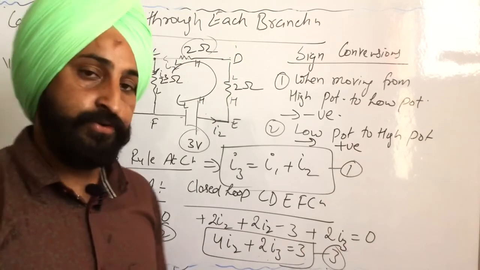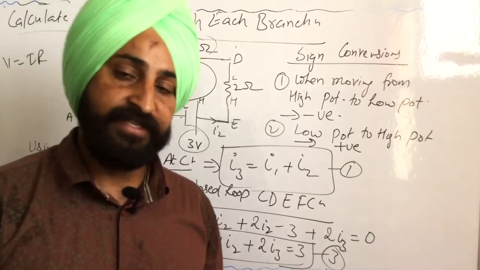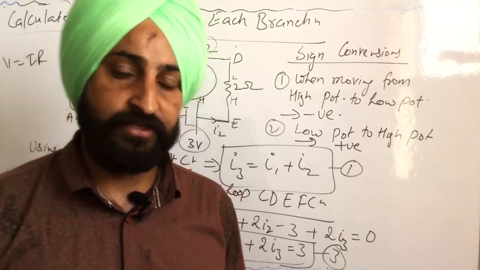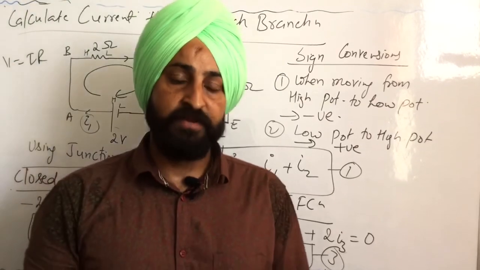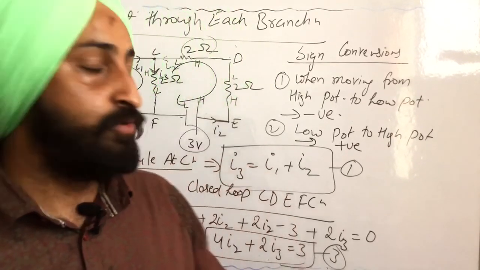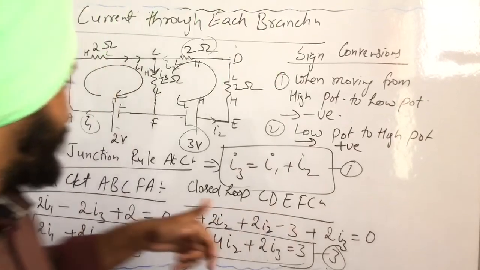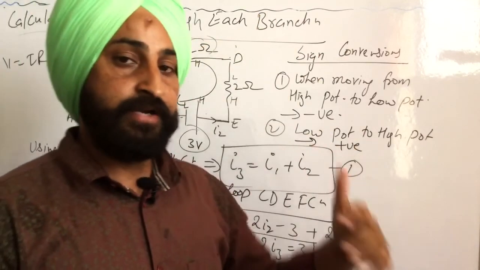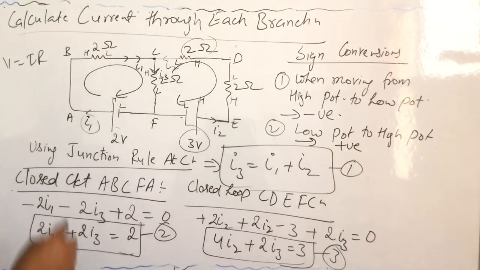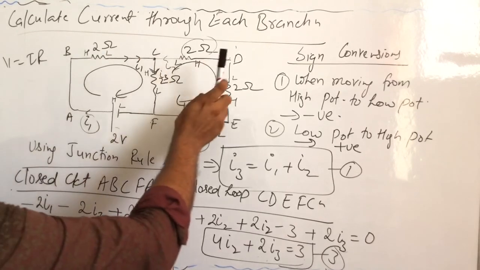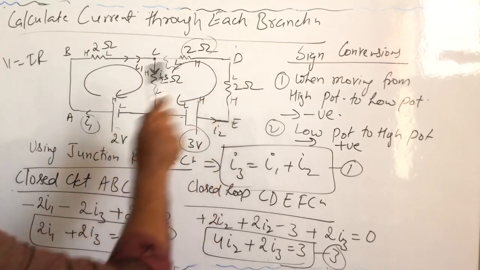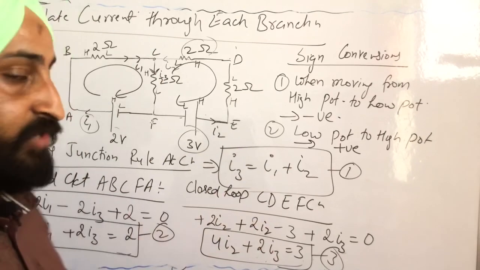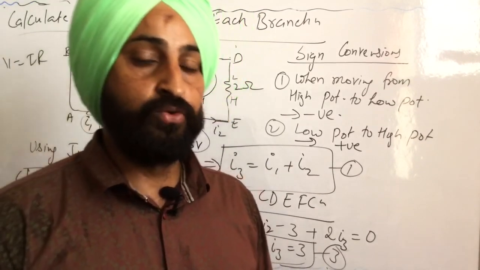In this manner you can make different equations, and then you can solve these equations by simple mathematical methods like elimination method or substitution methods. So by applying those methods, you can calculate the values of I1, I2 and I3 easily. And these I1, I2 and I3 will be the current passing through the different branches. Like I1 would be the current passing through this, I2 would be the current passing through this and this, and I3 would be the current passing through this. So by solving these 3 equations, we can calculate the values of current through different branches.